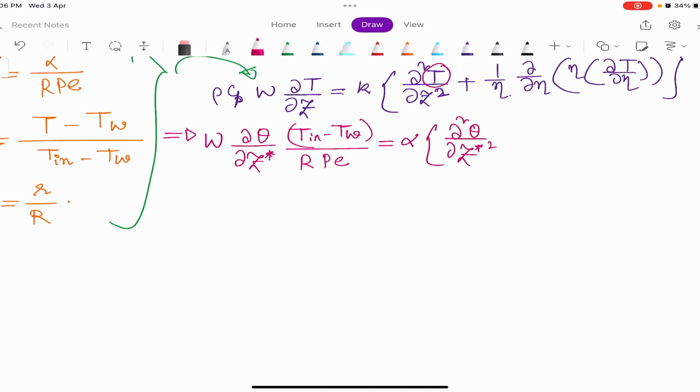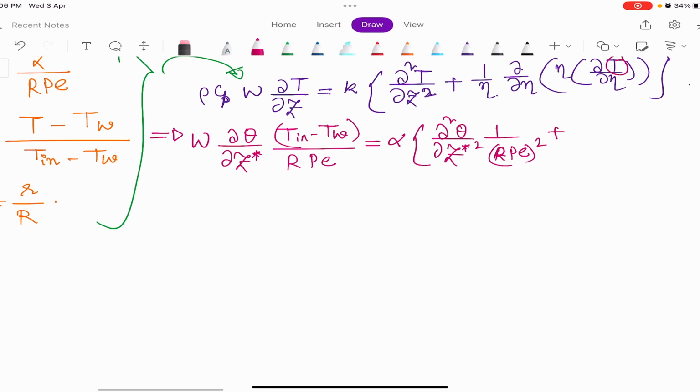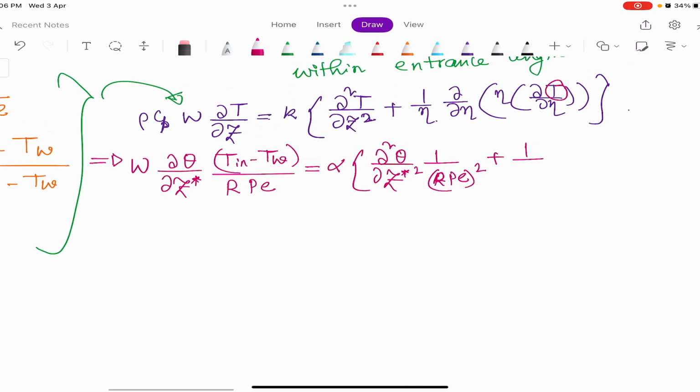Now both here I am having T in, so I will take the T in minus TW out of the bracket, and it will be cancelled out with the LHS. Here I will be having 1 by R into Peclet number whole square plus 1 by, okay, so this was R not eta, because I have not non-dimensionalized it yet. So this was R del R, R del T del R. Now I am bringing the eta, so it will be eta del eta, eta del theta del eta,